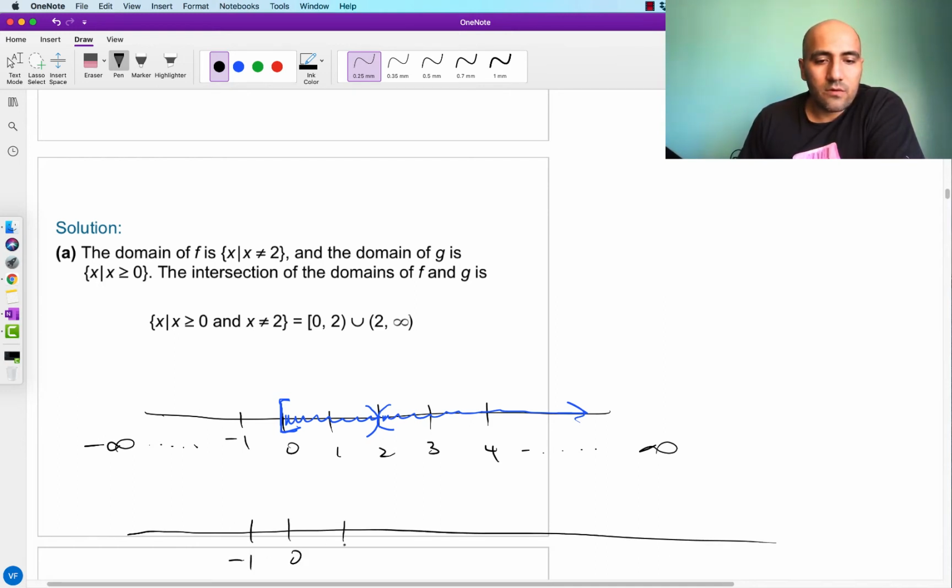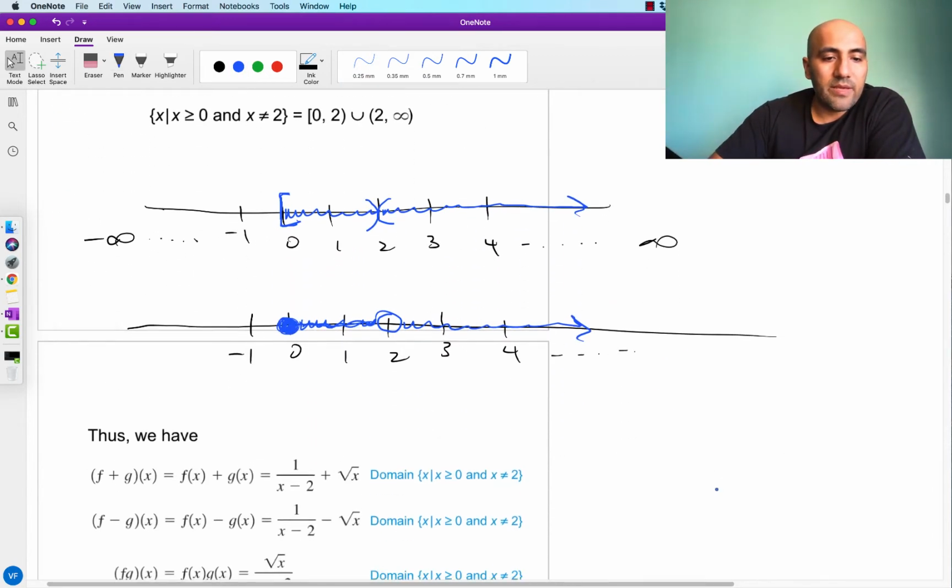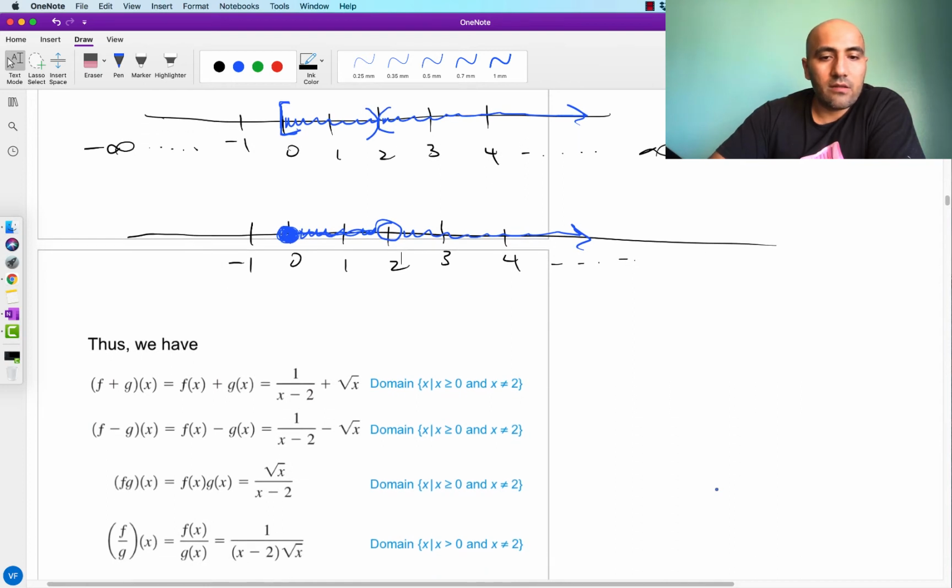-1, 0, 1, 2, 3, 4, and so on. Okay, so another popular illustration is to use the circles. So we want a closed circle at 0, and then we want an open circle at 2, and then we want to draw in everything in there, and then everything out there. There. So here's a graphical description of our domain. And it's going to be the same domain for part A, part B, and part C. All of them have the same domain. Same domain, same domain, same domain,